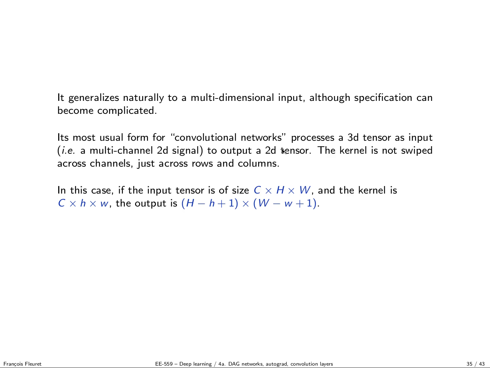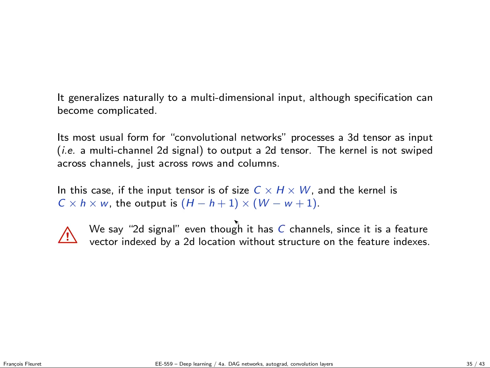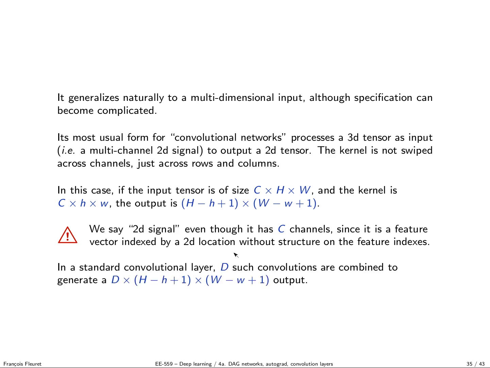A 2D convolution gets as input a 3D tensor where the first index is a channel, then the others are height and width, and if you were convolving by a single filter, it would produce a single tensor of 2 dimensions. But in a standard convolution layer, you will stack a bunch of those to produce a bunch of outputs. Again, I insist, it may be surprising that we process a 3D tensor and call this a 2D convolution, because in this context there is usually no structure over the channels. That's why you don't move around the channel like you move in space.